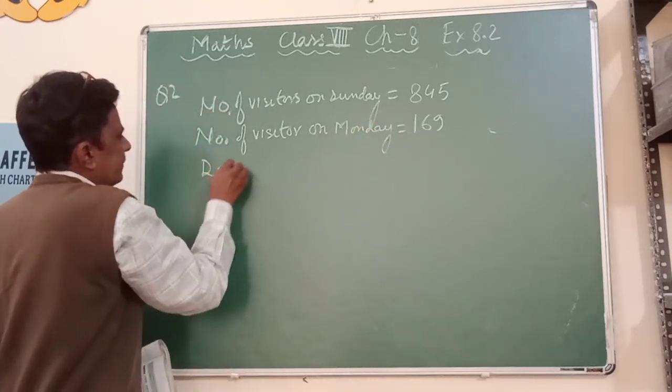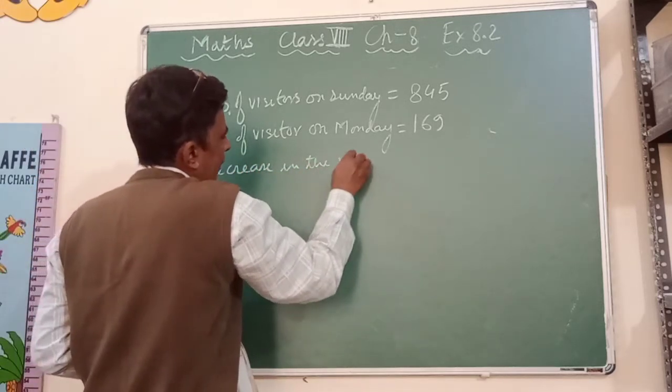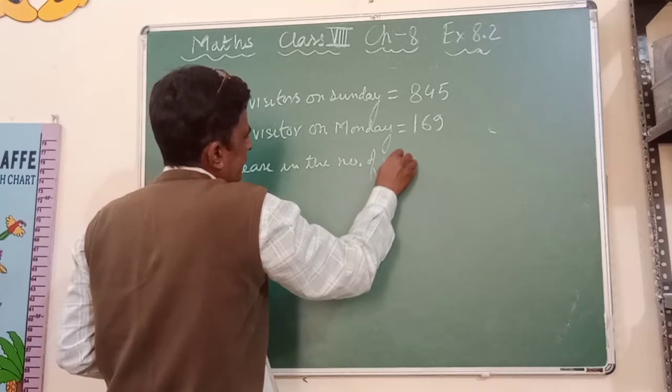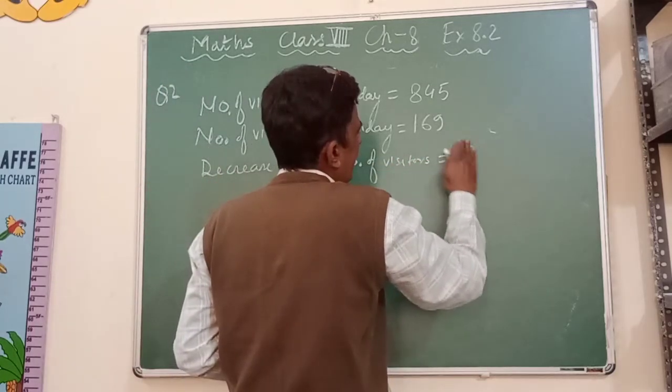Decrease in the number of visitors is equal to 845